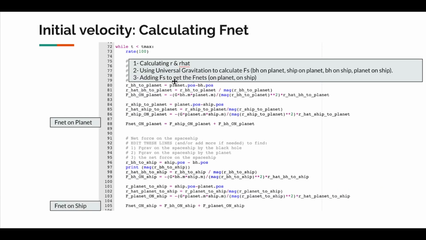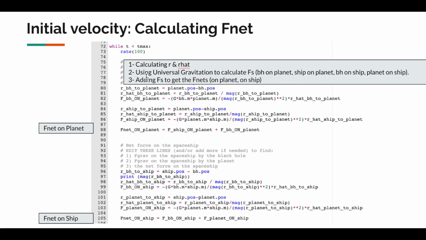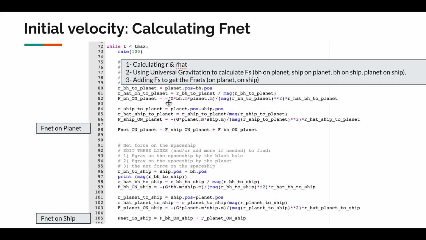And then we move on to calculating the Fnet on the planet and on the ship. For this, first of all, we're calculating the r hats: the r hat of the black hole on the planet, the r hat of the ship on the planet, and the r hat of the black hole on the ship. So we have 3 different r hats. Well, first of all, 3 different r's, and then we divide them by the magnitude of r to get the 3 different r hats, and then